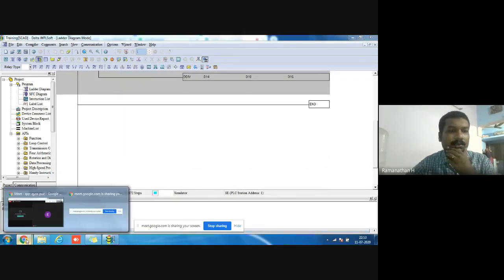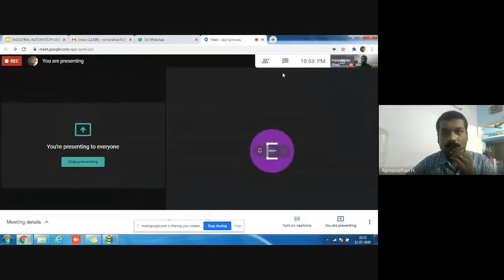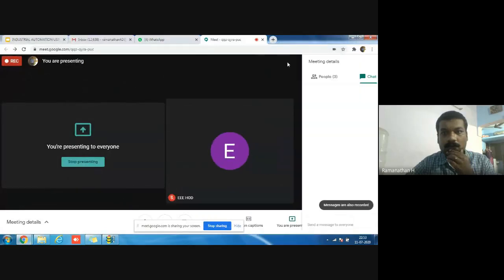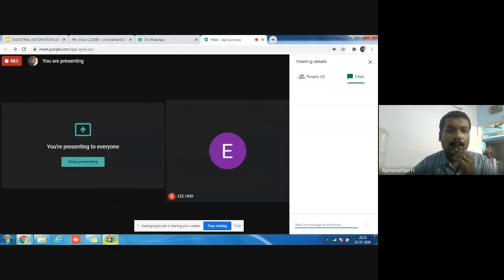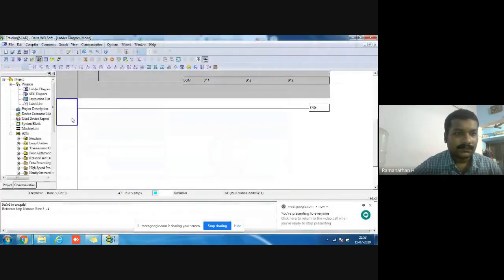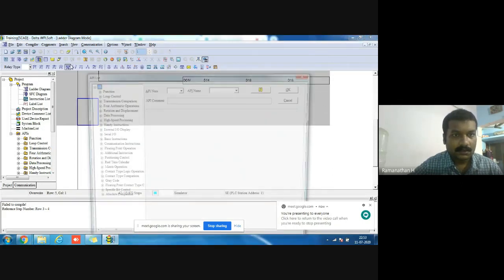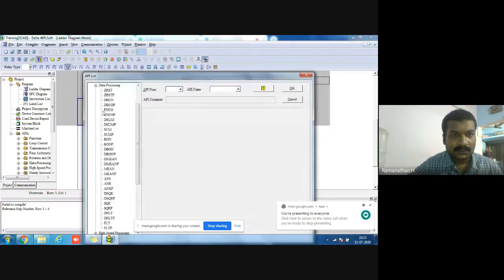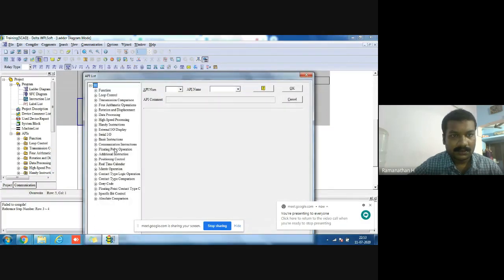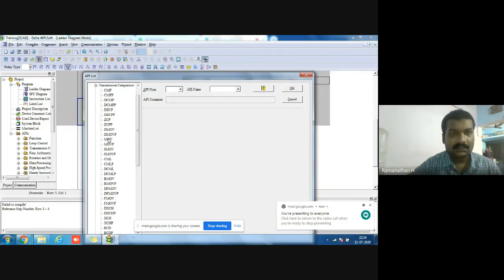Then we move on to simple data manipulation instructions. Where do I use the data manipulation instructions, data processing, data manipulation. Transmission instructions.